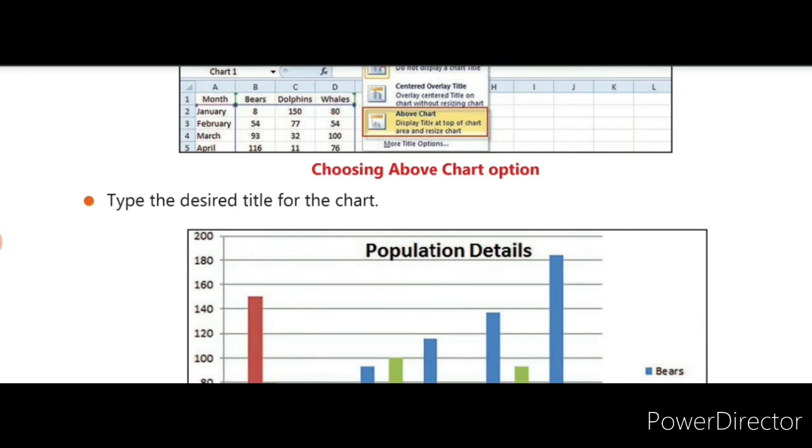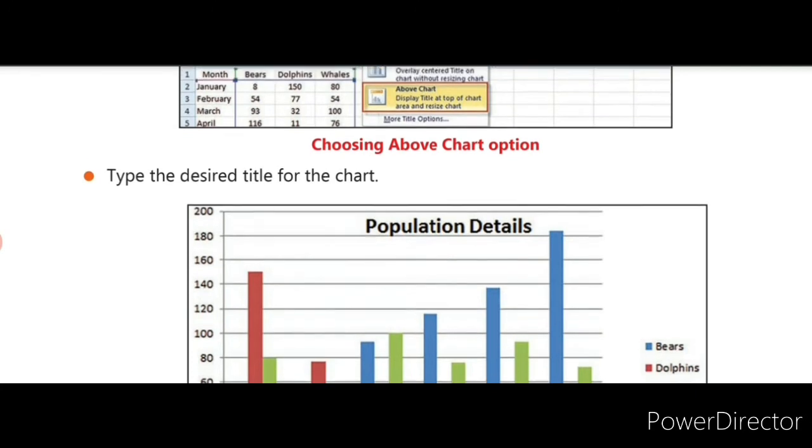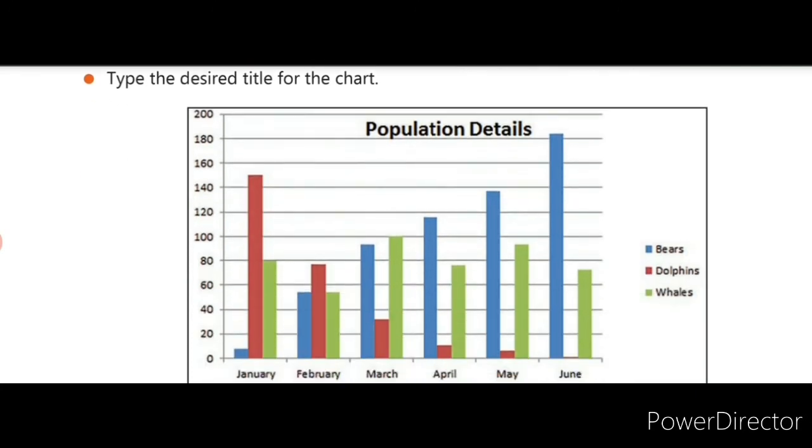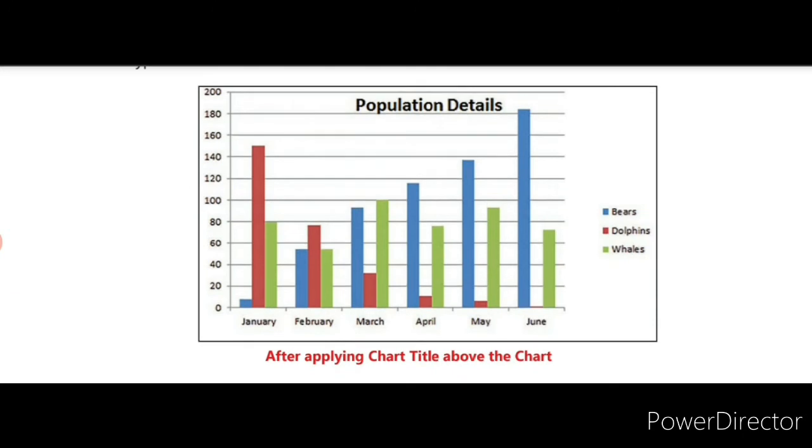This is your chart title. It will be presented on the top of the chart. Clear? See, this is the chart after applying the chart title above the chart.